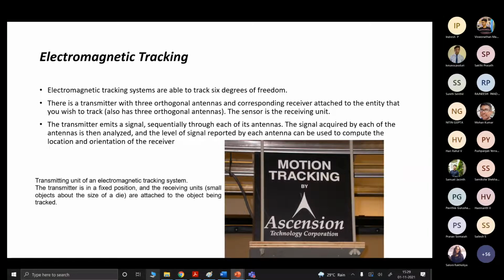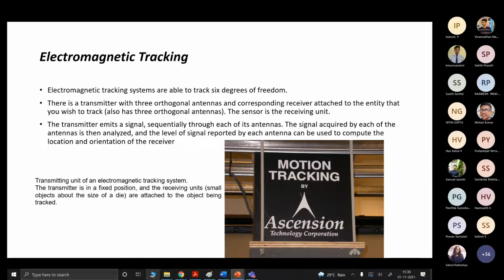The sensor is the receiving unit. The transmitter transmits the signal sequentially through each of its antennas. The signal is acquired by each antenna and then analyzed, and the level of signal reported by each antenna can be used to compute the location and orientation of the receiver. Based on the receiver information, the location and orientation can be computed.